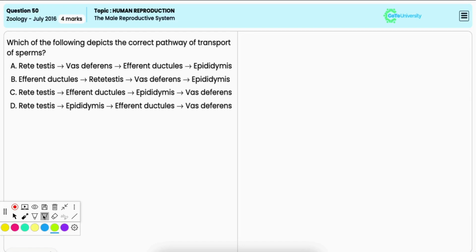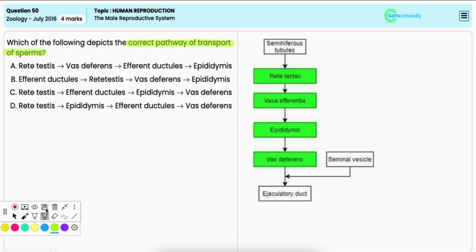In this question, you have to choose the option that depicts the correct pathway for transport of sperms. Now, the correct sequence of the pathway of sperm transport from their site of production to the vas deferens follows the route that from the seminiferous tubules, the sperms travel to rete testis, which is a network of tubules within the